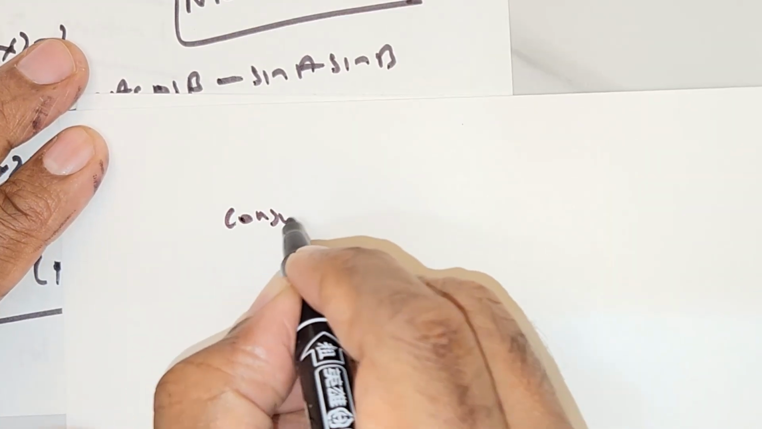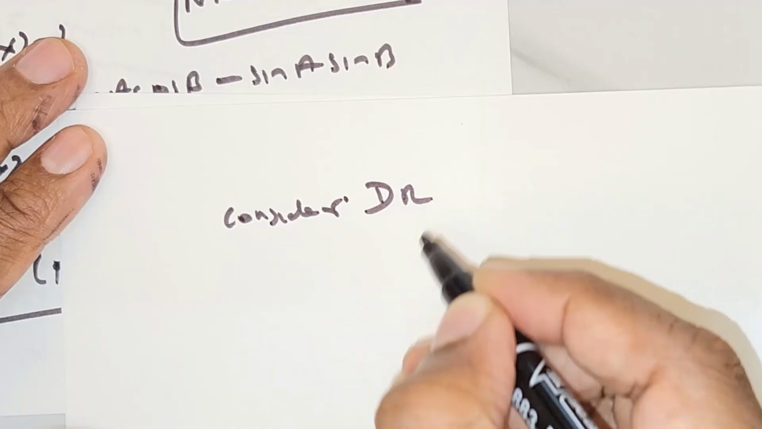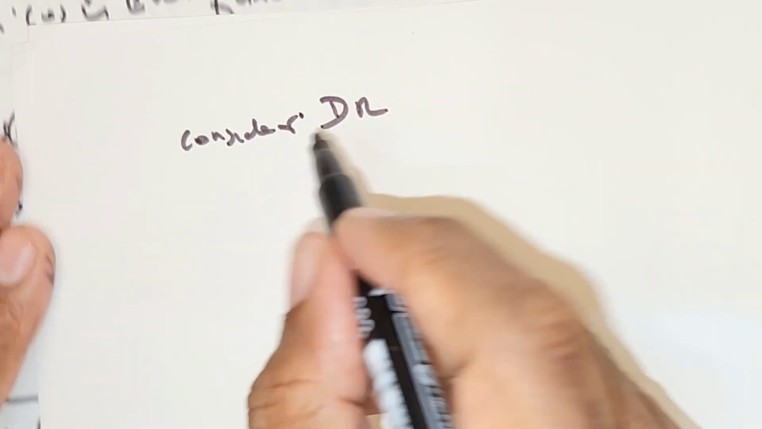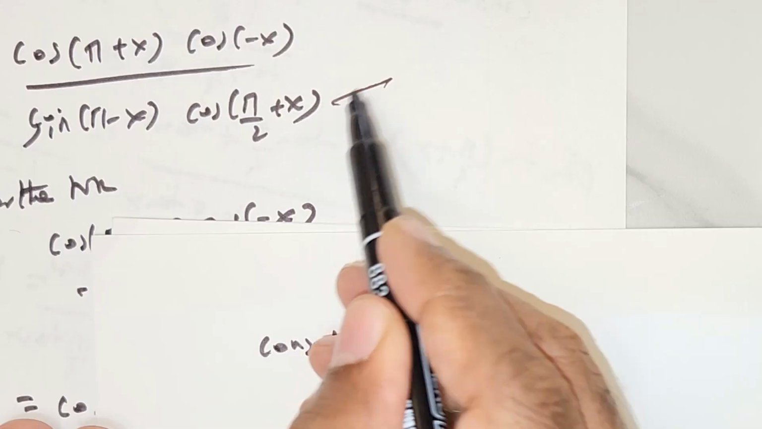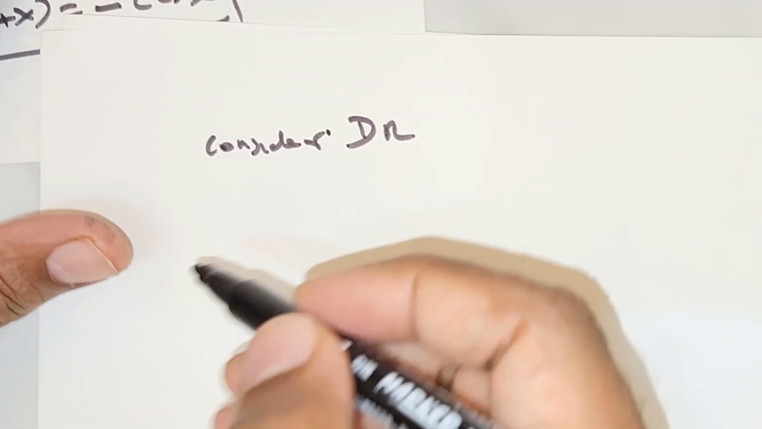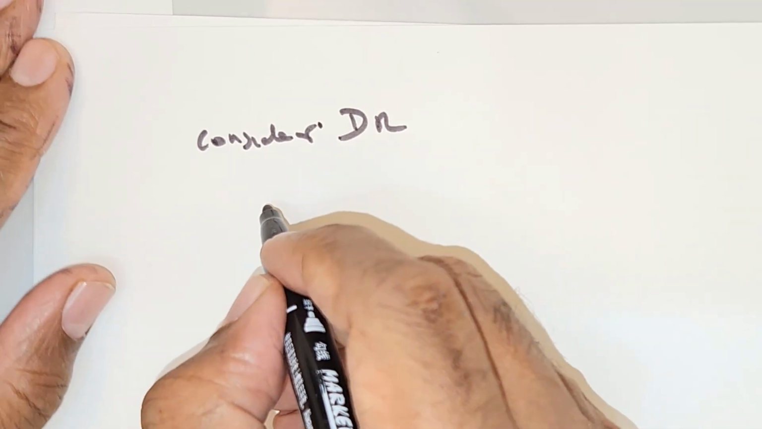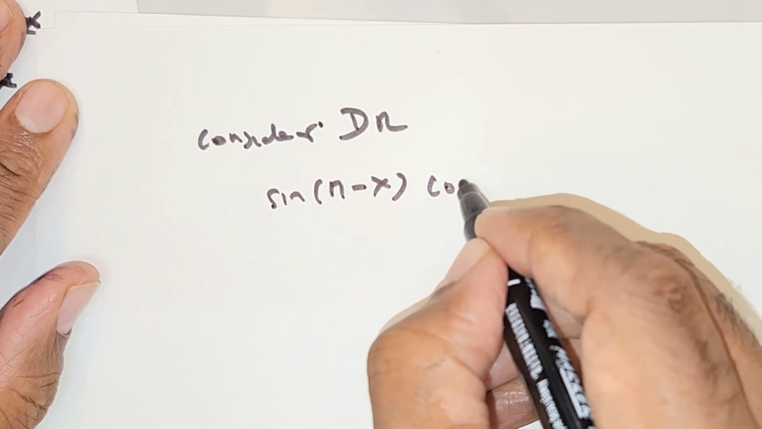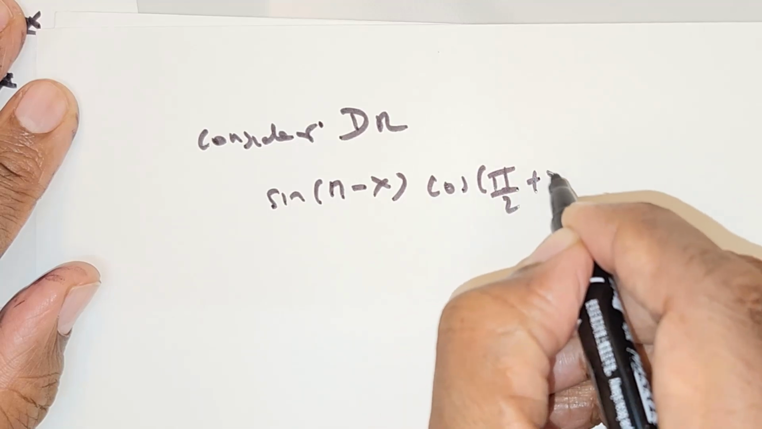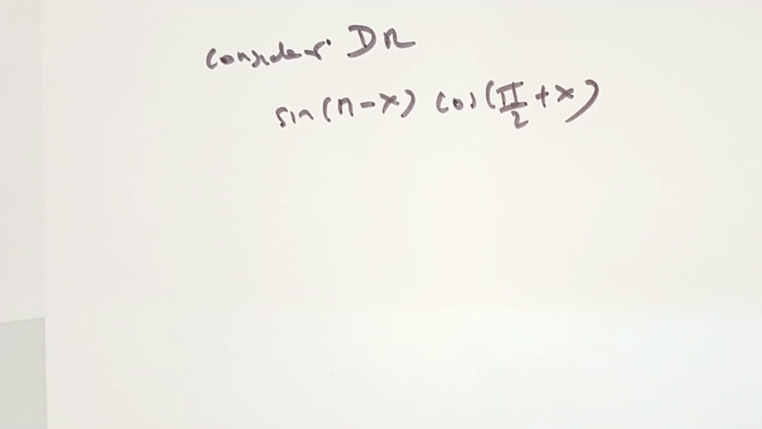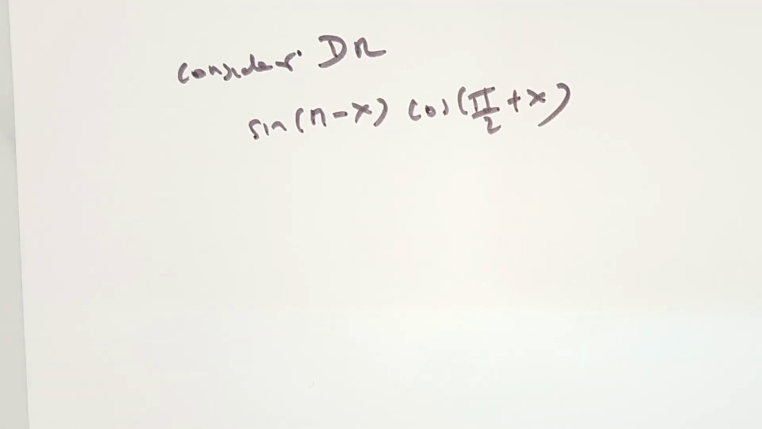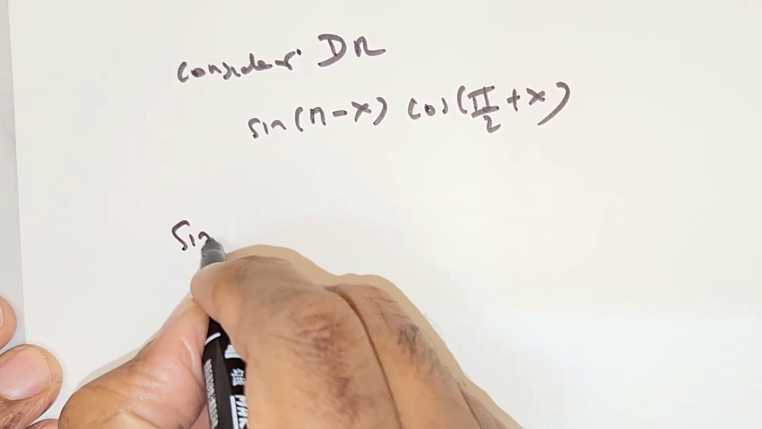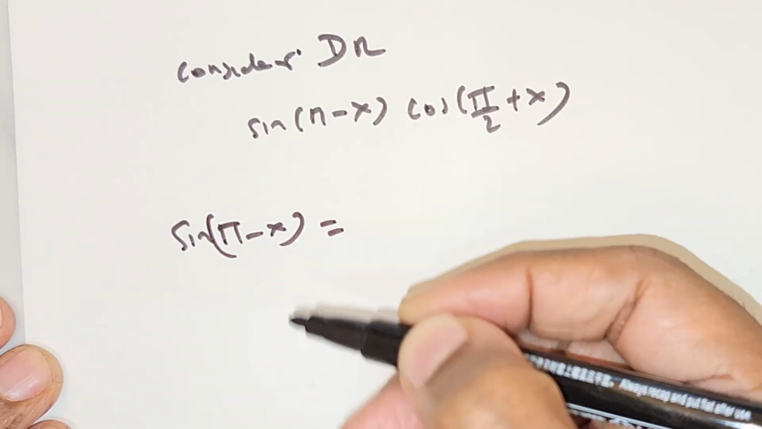So consider the denominator. What do you have in the denominator? You see here, this is what you got. Let me write that down. So sine of (pi - x) times the cos of (pi/2 + x). Okay, so we will have to get these values. So now I'm going to show you how to get sine of (pi - x). Okay,